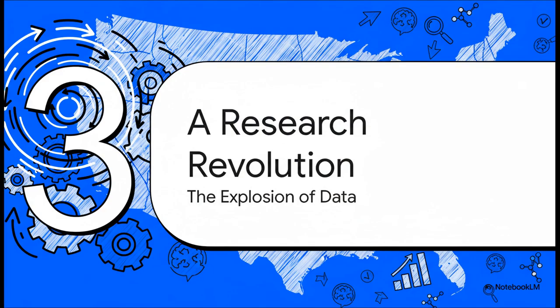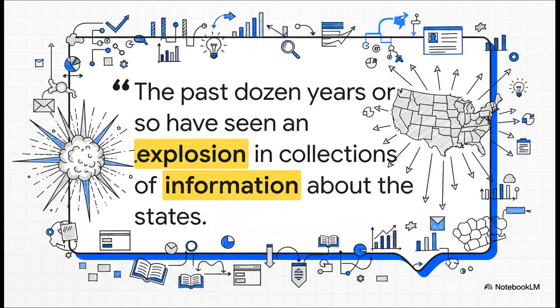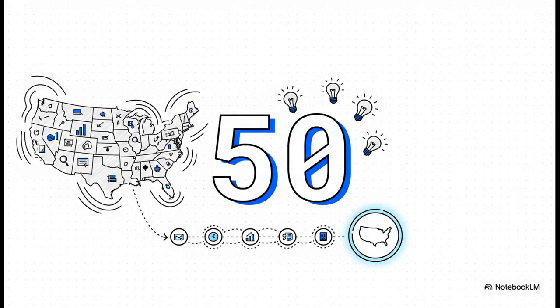And when I say it changed, I don't mean a small shift. This was a full-blown revolution in how we study the states, and it was all driven by a massive explosion of data. Honestly, I think this quote just nails it. The keyword here is explosion. This wasn't a slow trickle of new info. The amount of data available to researchers grew exponentially, and that set the stage for everything we're about to talk about. And here is the direct result. Before this data revolution, trying to analyze all 50 states at once was this monumental, almost impossible task. Now, it's quickly becoming the standard. We can finally compare all 50 experiments side by side.